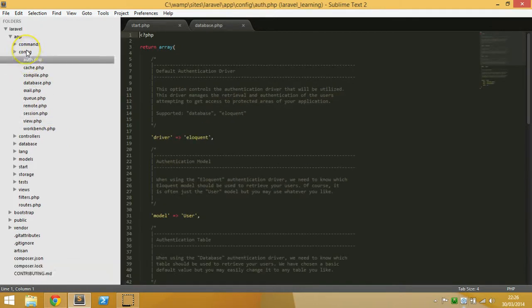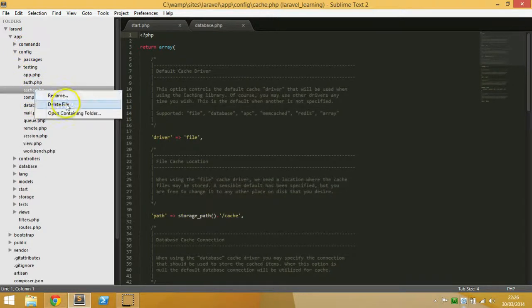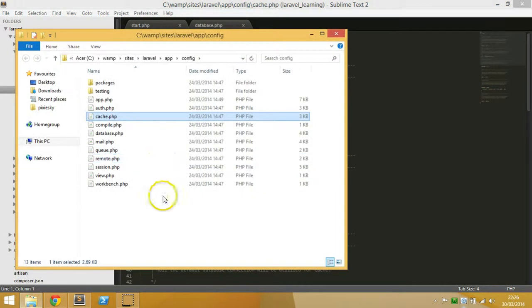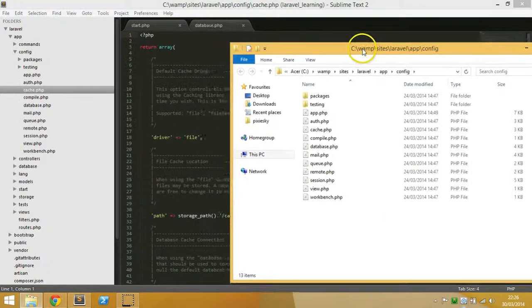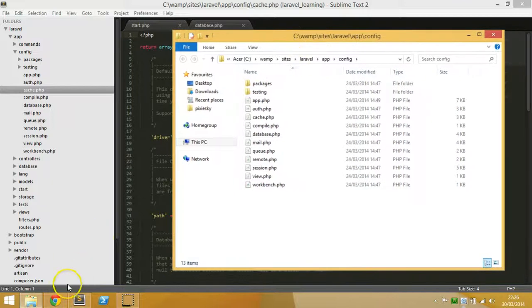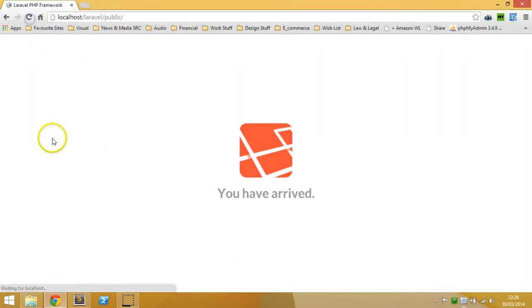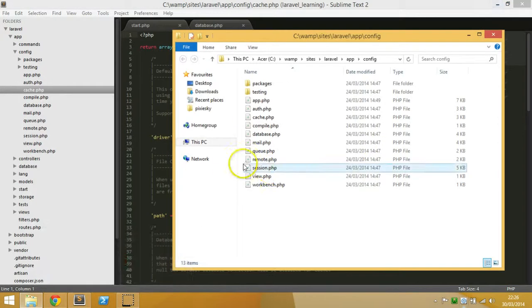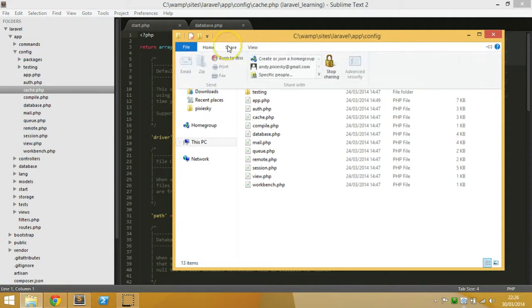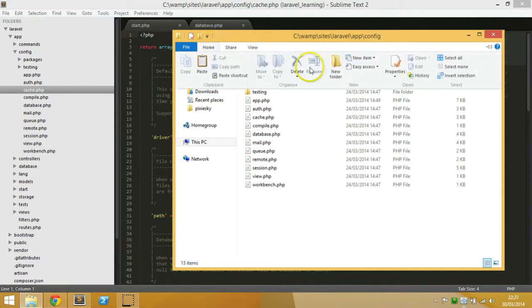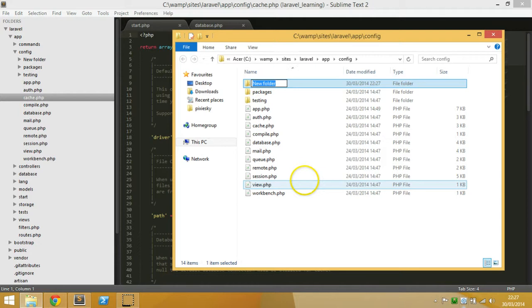So what we're going to do is I'm going to open the config folder here, and because I already have, if we see this is working at the moment, I'll just refresh that. Sorry, I just accidentally paused myself there by clicking on that. So make a new folder, and we're going to call it local. So new folder, local,